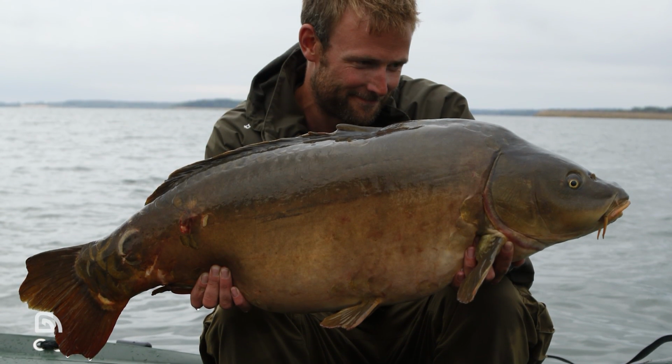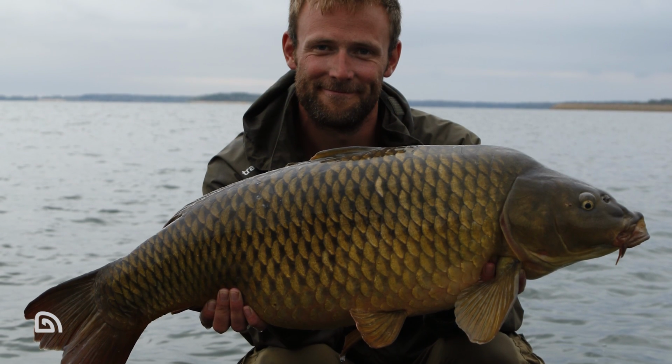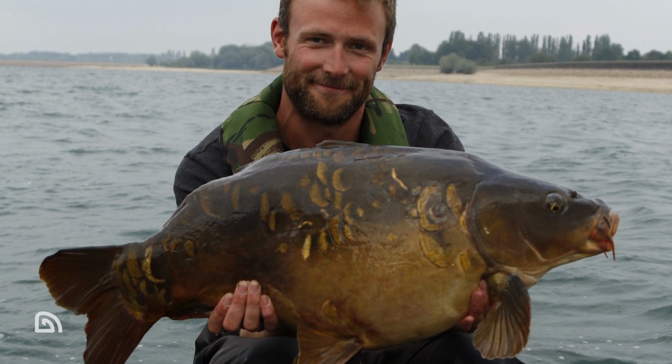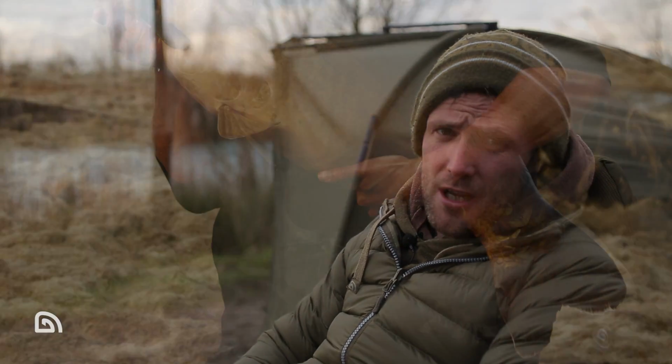We found them in relatively shallow water initially, and had a few like that, and then we baited a huge area out in front of Bivvy City, I don't know how much bait, maybe 40-50 kilos of mixed tiger nuts, peanuts, boilies. We filled in a huge area the size of probably a couple of football pitches, and then we were day fishing in shallow water, and on the way back from the day fishing zones we were placing our rigs over this mass baited area, bringing the lines back to Bivvy City and doing the night there